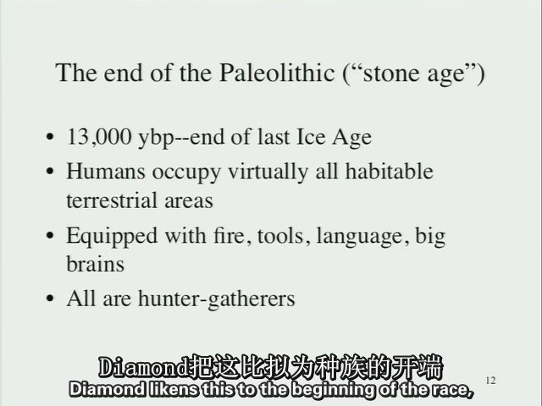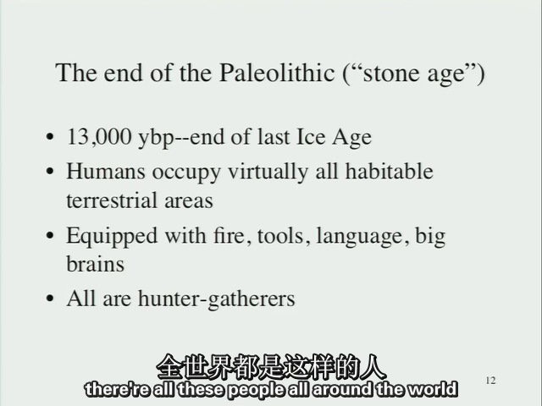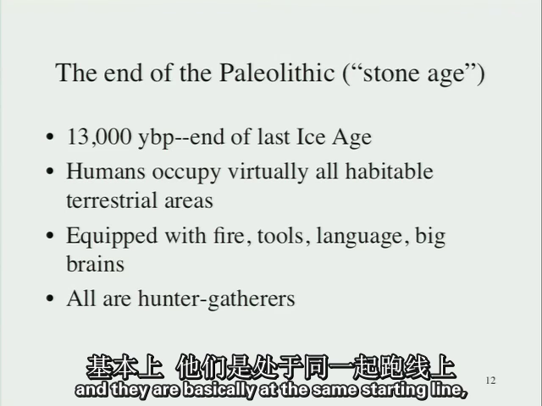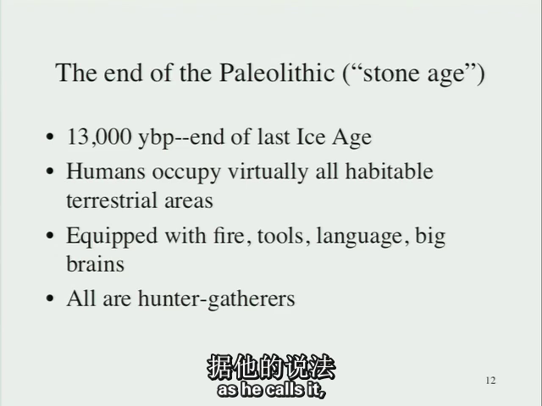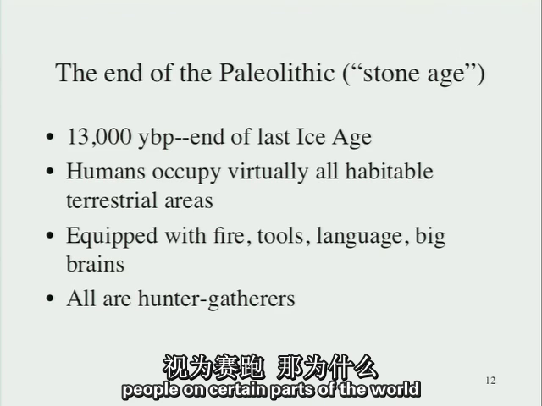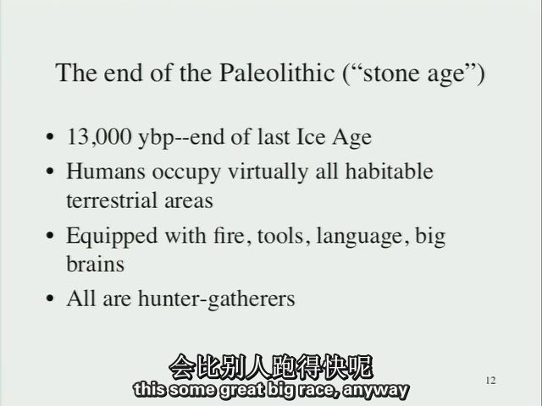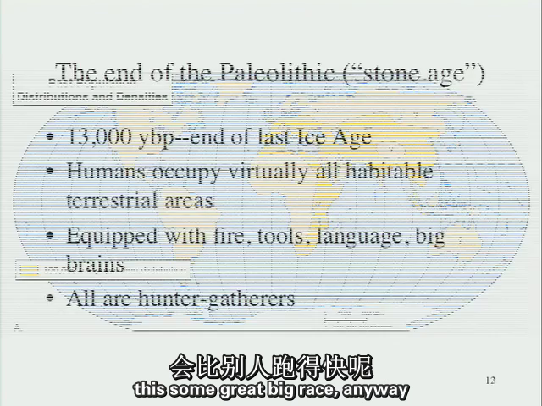Diamond likens this to the beginning of the race, in the sense of there are all these people all around the world, and they're basically at the same starting line, as he calls it. And he then wants to know why people in certain parts of the world went faster than others, as if this all is some great big race. Anyway,